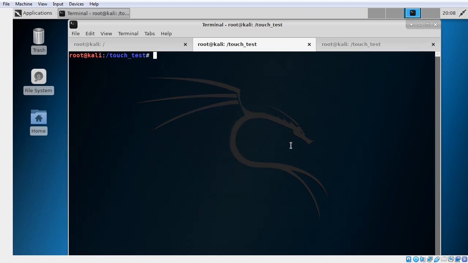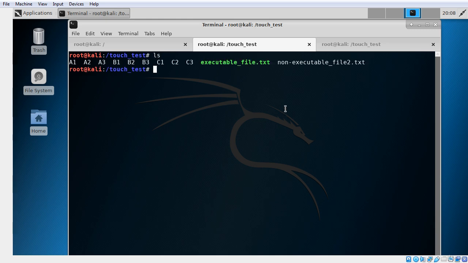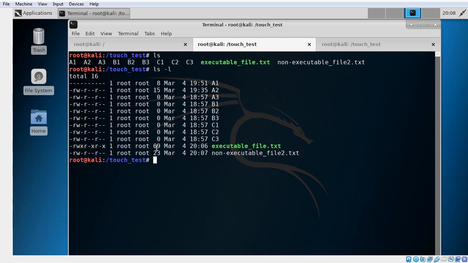Okay, so we actually took one file, this one, we made it an executable, via chmod plus x and a file name,